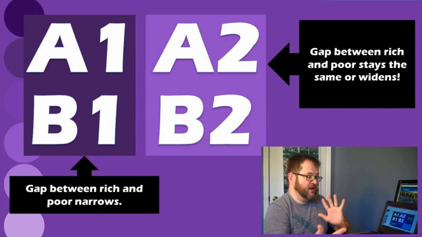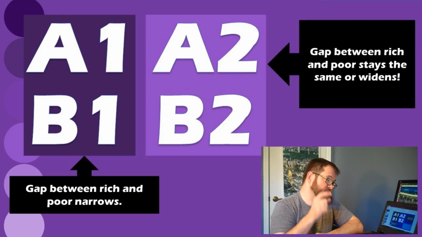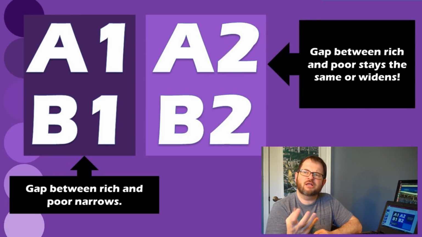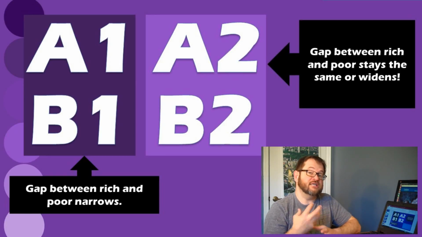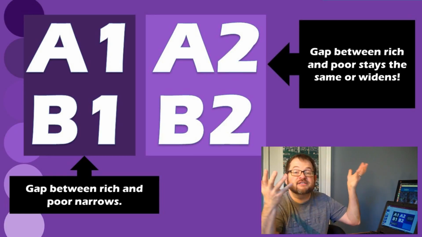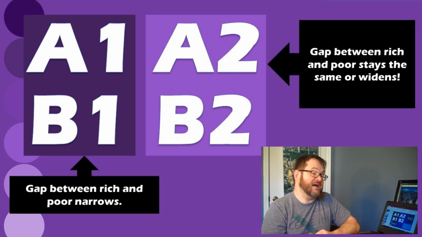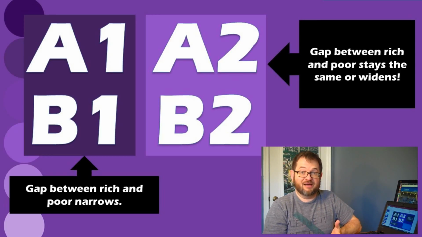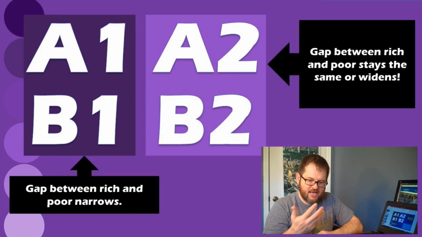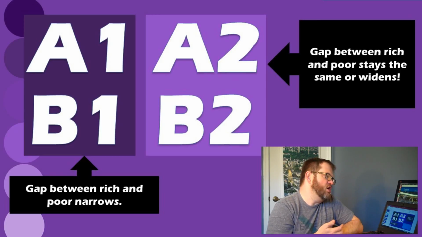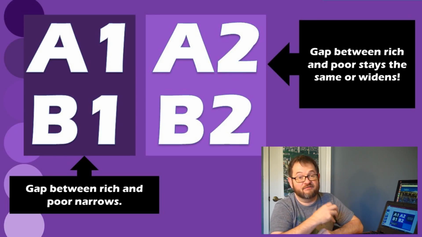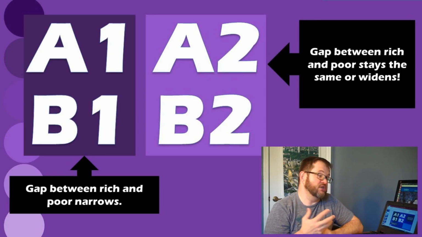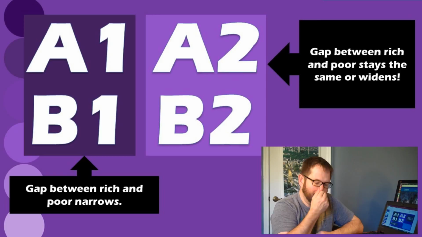On the other hand, if you sort them the other way by the number at the end, the ones that end in a 1 have this relatively rosy possibility that the gap between the rich and the poor decreases. The poor are lifted up, and that has positive impacts on things like the population and so on, and social justice, whereas the A2 and the B2 scenarios, the ones with 2 on the end, have very dire problems due to the gap between the rich and the poor widening rather than becoming smaller.